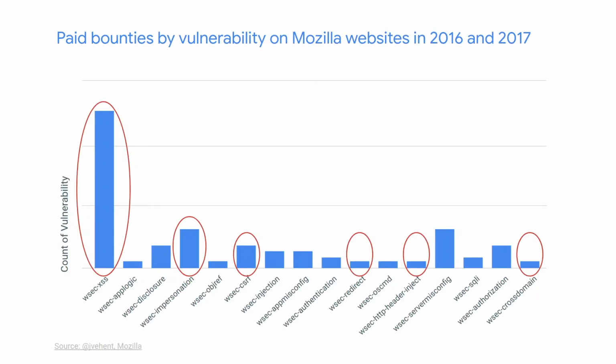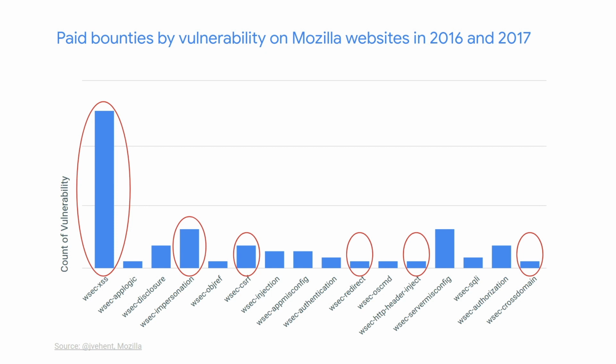And this is data that comes from our friends at Mozilla. They've also published some information about the sources of issues on Mozilla sites. The huge bar on the left side of the screen is cross-site scripting. The other ones marked in red ovals are also the endemic web vulnerabilities. So clearly we as an industry have a problem with web bugs, with these 2 classes of injections and lack